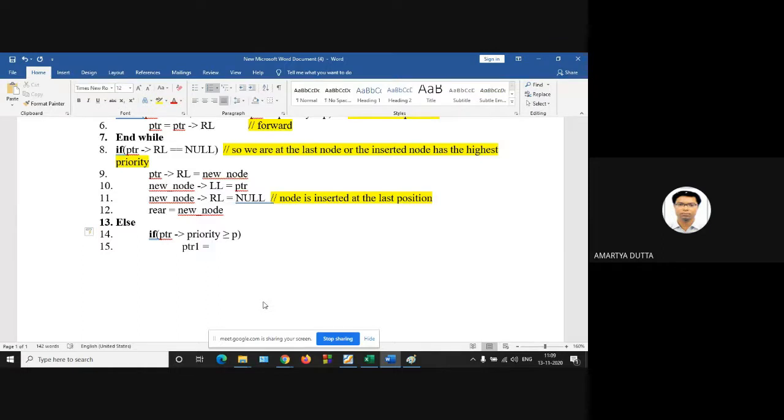PTR1 is equal to PTR, its LL, and PTR1, its right link is equal to your new node.